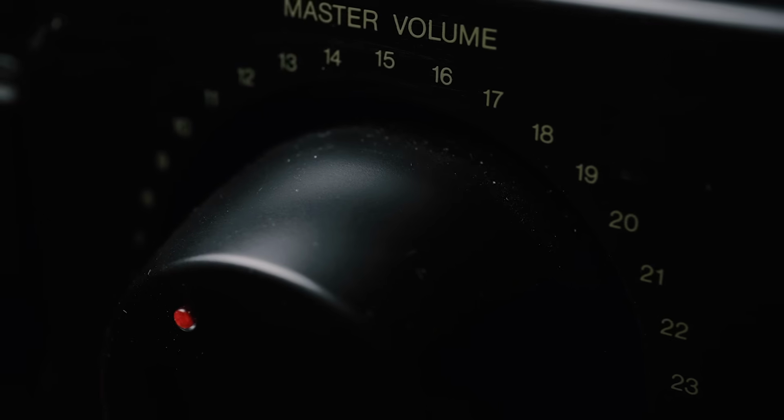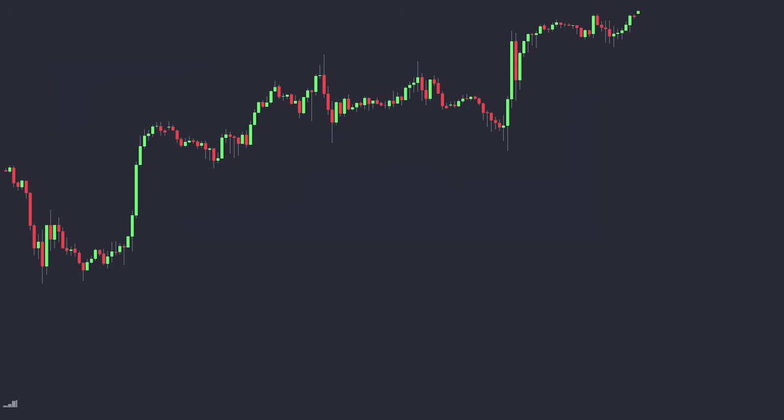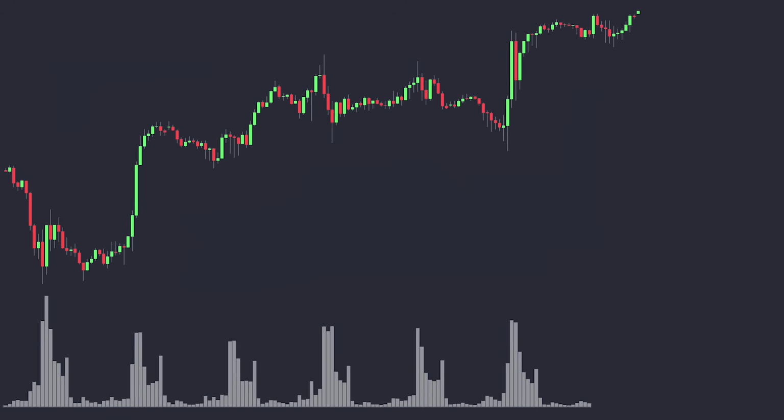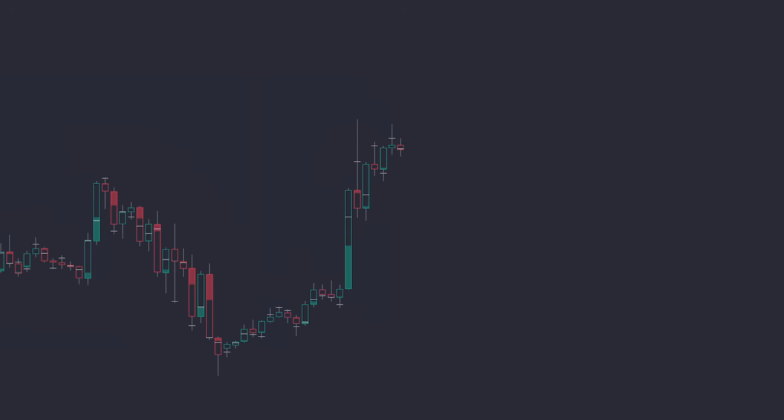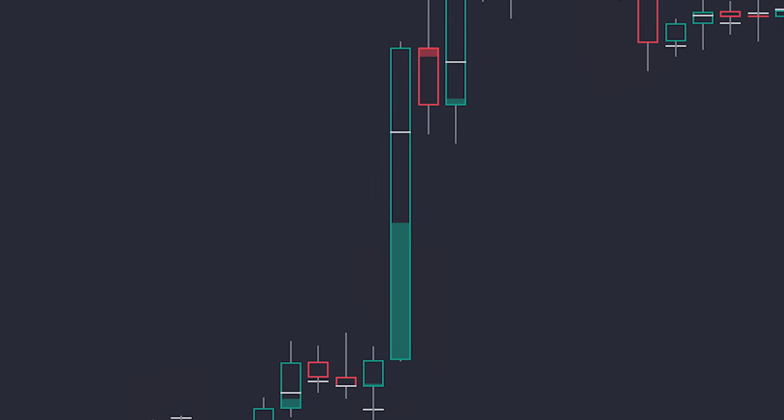You might think you understand volume, but we're telling you there is a hidden layer to it that reveals far more about market movements. You see, traditional volume indicators show you where the majority of volume is, but they don't tell you who's in control, the buyers or the sellers. But with this indicator, you can see beneath the surface of each candle, visualizing the battle between bulls and bears